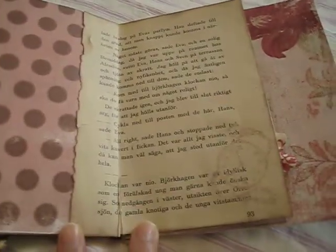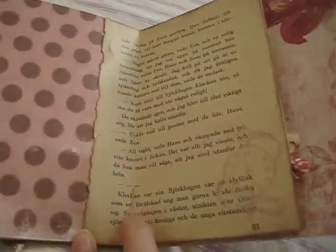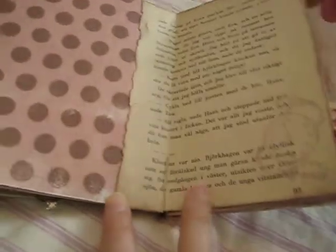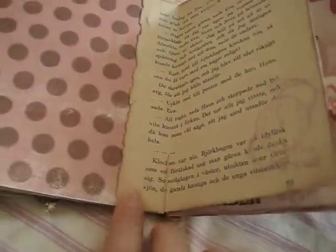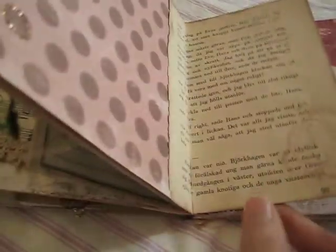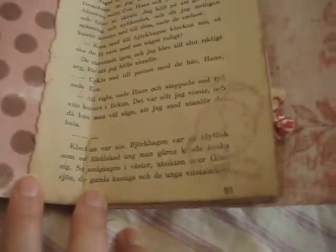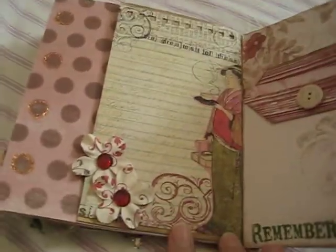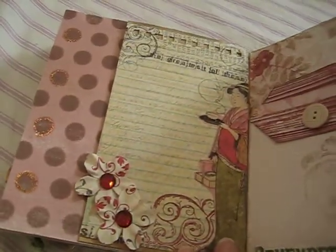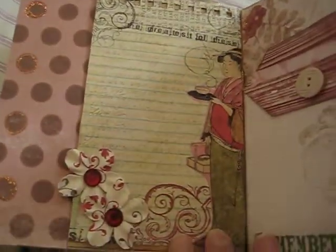And another half page with that paper. It's torn here, so old, because I've closed it too many times. It looks like this. I don't distress my mini albums too much, just a little bit on the edges, because I actually like how the papers look themselves. So the next page is one of these notepads I have, and this is just a page I